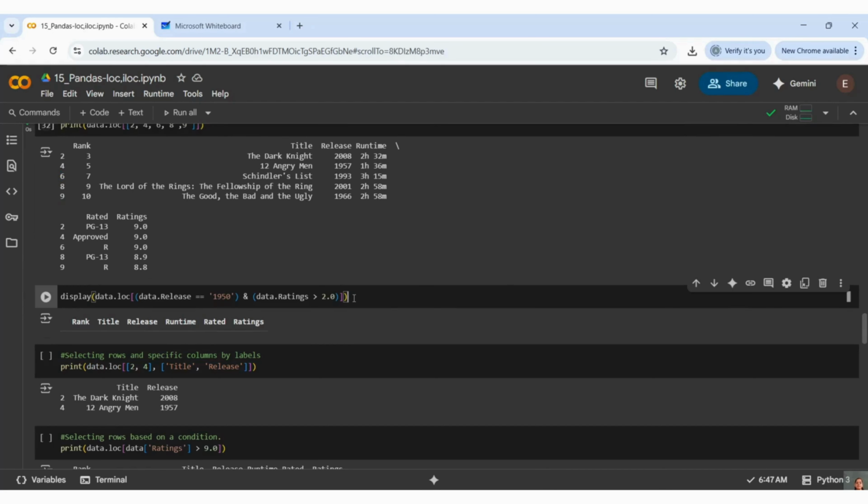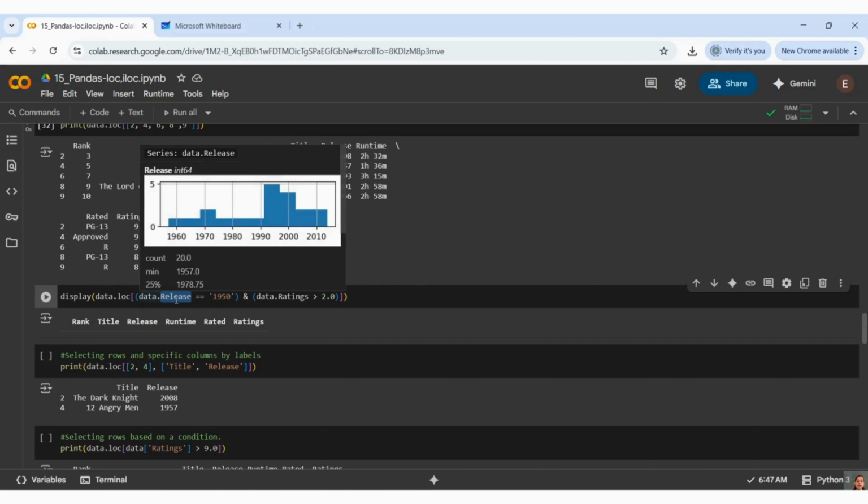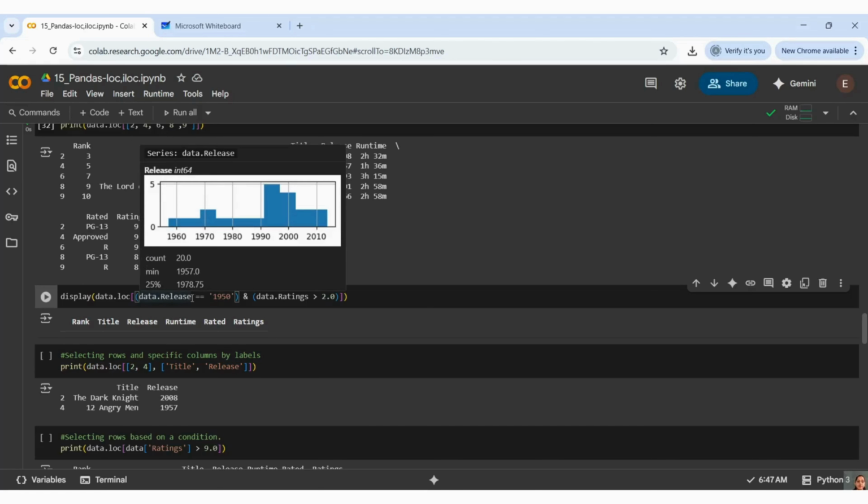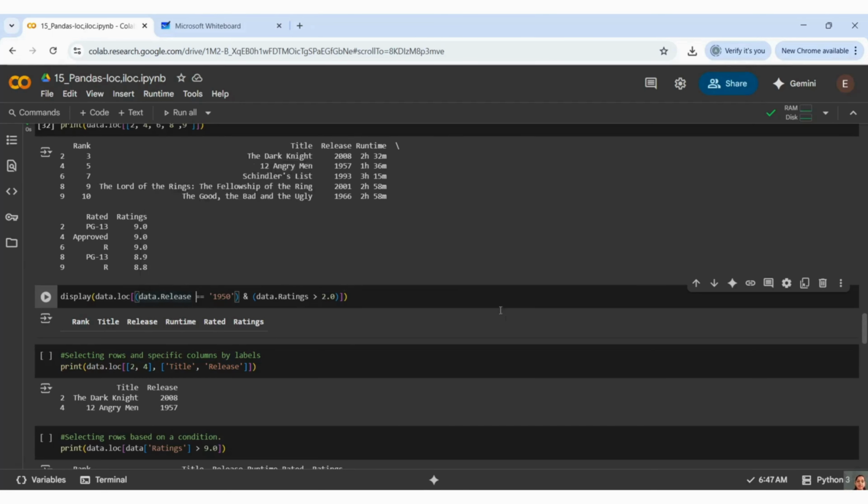And like I already said, it can take Boolean type indexing. So here in my loc, what I did, I want to filter out my data, it's a kind of where condition. Okay, where my, so this is your data, right? And I want to get my release. So this is another method, right? You can get release. Okay, you can get column names directly, and this is how you can fetch.